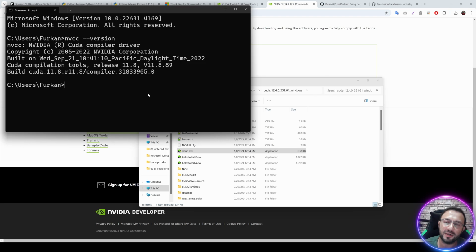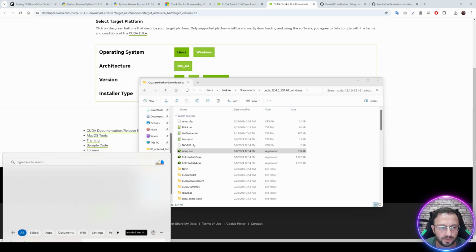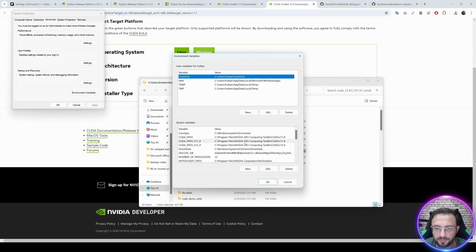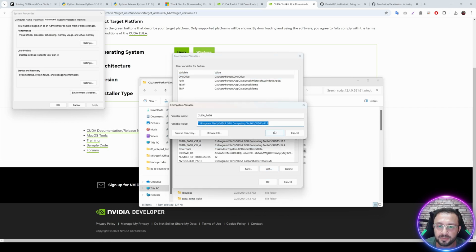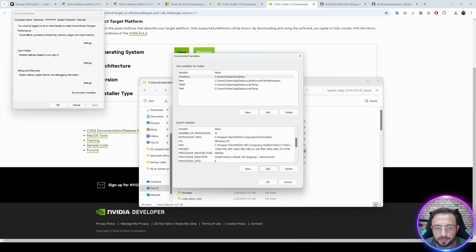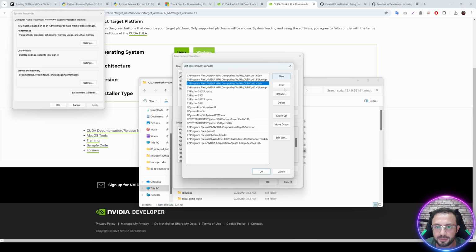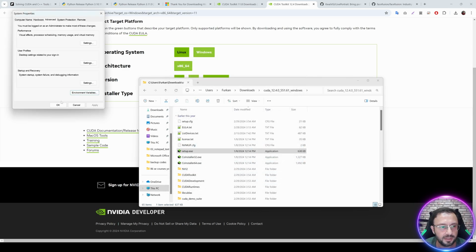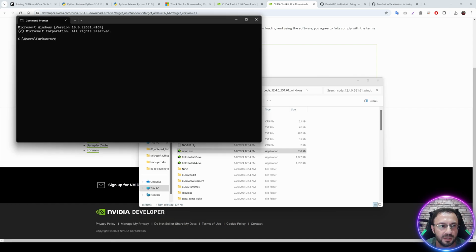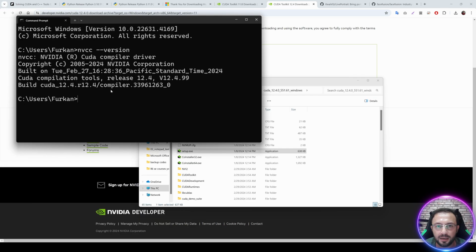However, I am going to move to 12.4 from this moment because newer applications are going to use 12.4. So let's return back to environment and set it back as before. So I copy this. You really should learn how to change system environment variables because you may need it for other applications as well. Then let's go to the path here, edit it and move this to the top and this to the top. Okay, okay, okay. Then open a new CMD and nvcc version, and it is done.